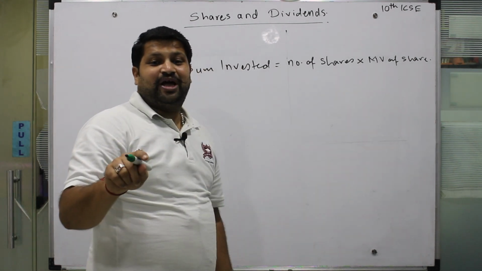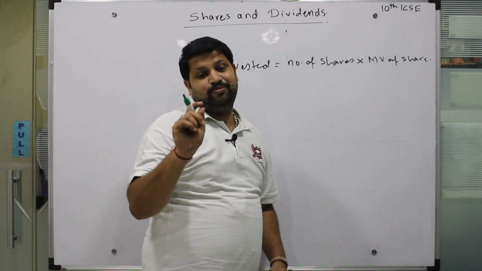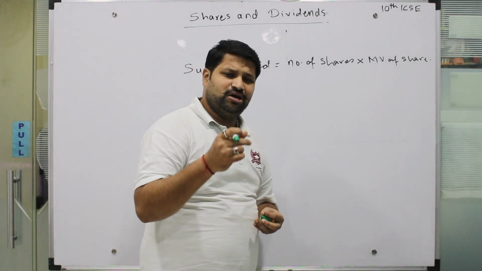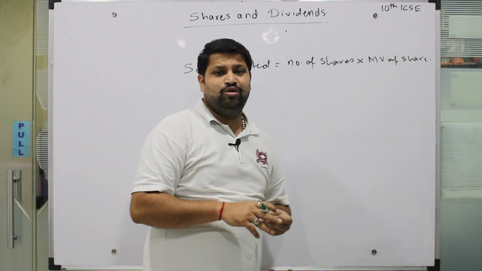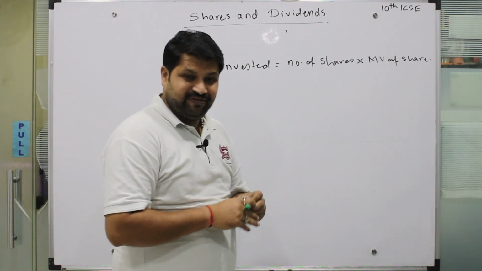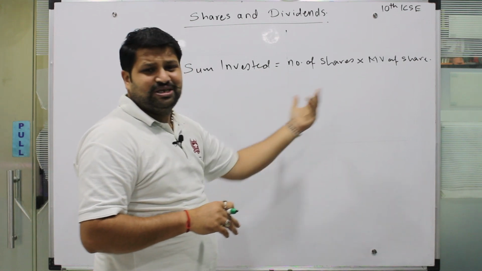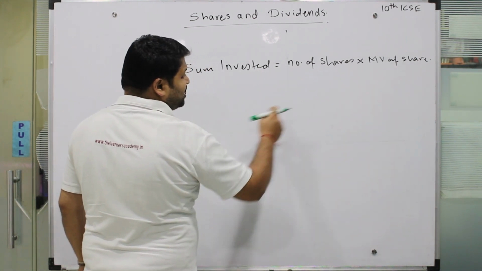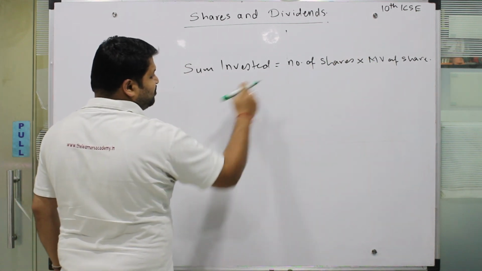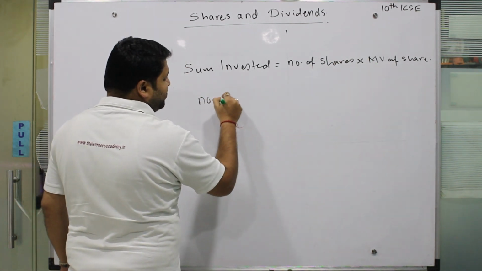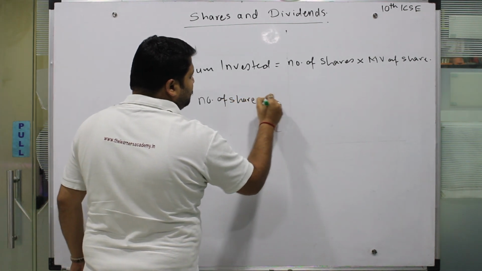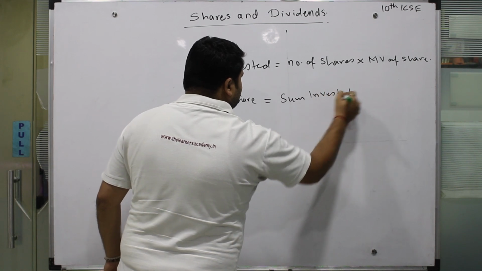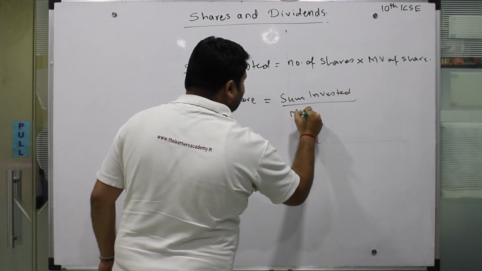तो सारी चीजें जो कैलकुलेट होती है वो मार्केट वैल्यू पे कैलकुलेट होती है, ये बहुत क्रूशियल है, because अगर आपका लॉस है, अगर आपका ब्रोकरेज है, अगर ये सारी जो चीजें हैं they all would be depending on the मार्केट वैल्यू ऑफ द शेयर. तो ये फॉर्मूले से अपन बाकी की चीजें भी निकाल सकते हैं, क्योंकि अगर मेरे को नंबर ऑफ शेयर्स निकालना है तो सिर्फ मार्केट वैल्यू को ये साइड में लाऊंगा तो डिनोमिनेटर में आ जाएगा. So number of shares will be equal to sum invested divided by market value of the share,